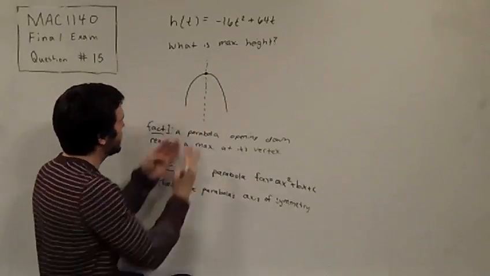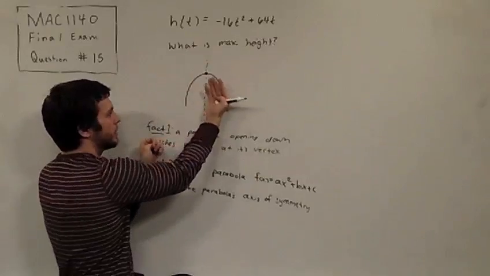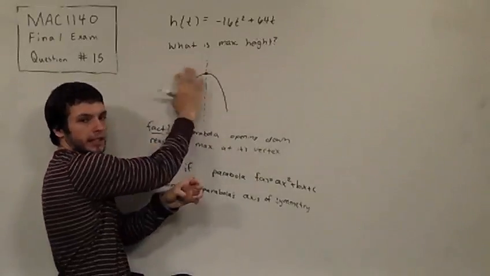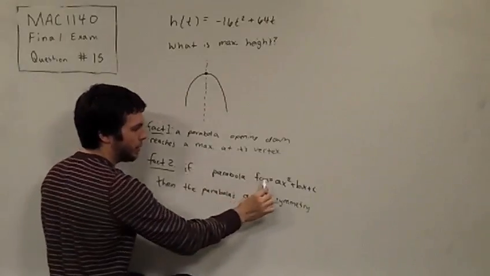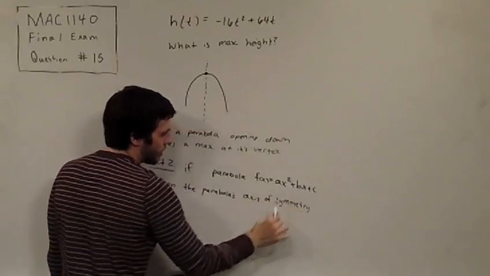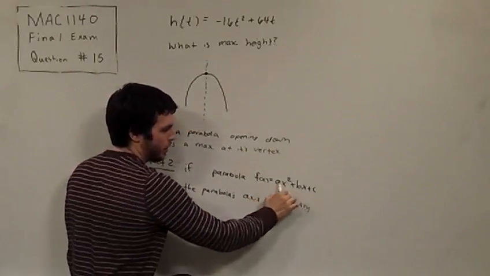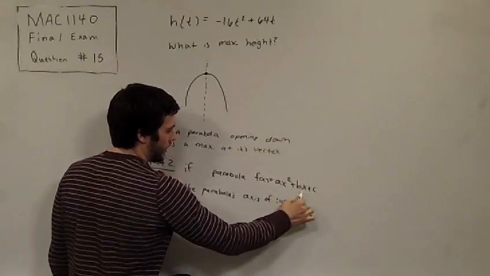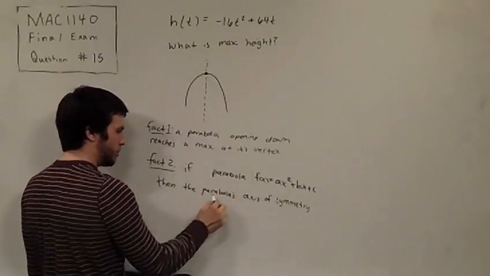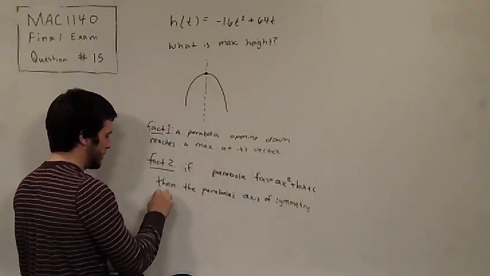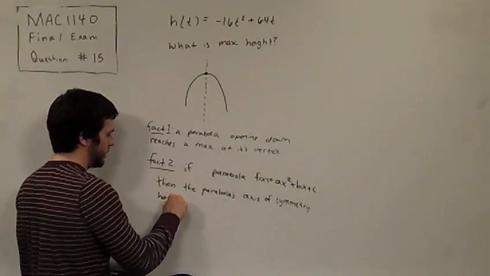In other words, you can think of folding in half along this line, and this part of the parabola would meet up exactly with the other part. So if we have a parabola written in this form, where we can readily get the coefficients of the x squared and of the x, then the parabola's axis of symmetry has equation